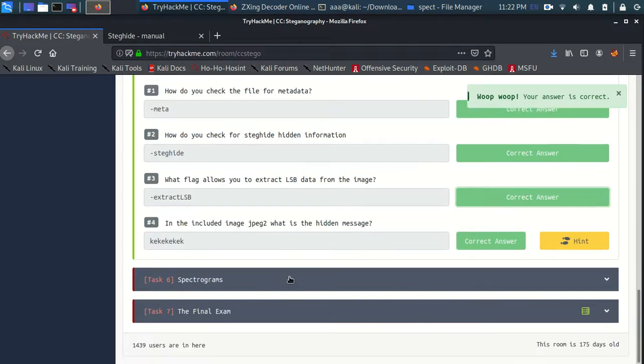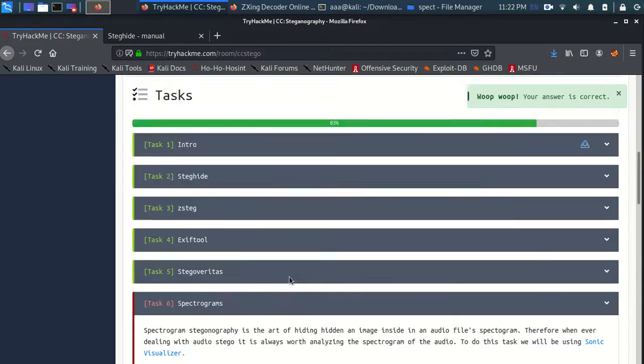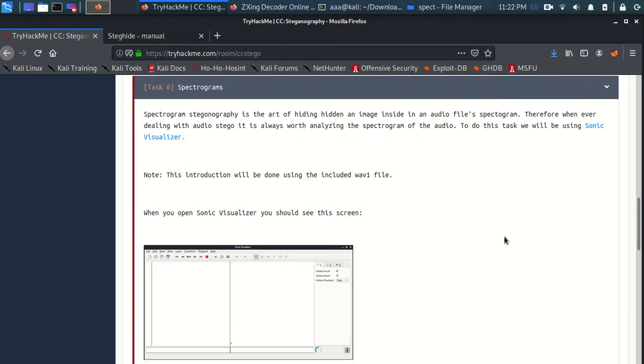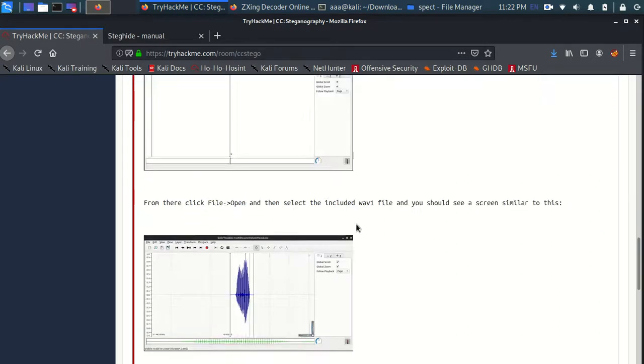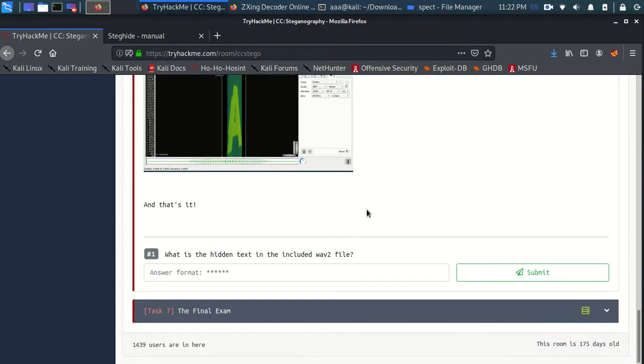Now there is this thing, Sonic Visualizer, and I have also put a link in the description box on how to install Sonic Visualizer on Kali Linux. So let's finish up this real quick, and firstly let's go and start up my Sonic Visualizer.